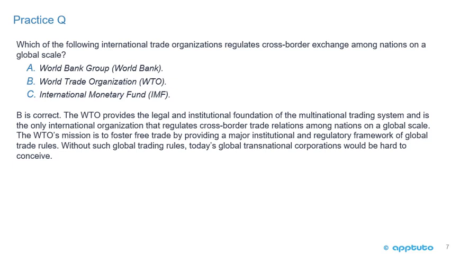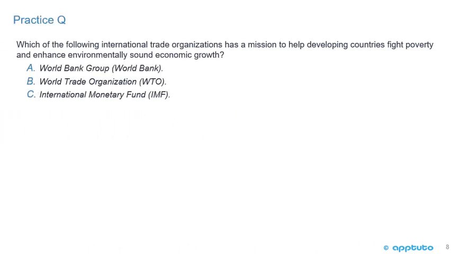So I think these questions are fairly easy. Again, you have to memorize the organizations and what their objectives are, and a question like this should then be fairly simple. These questions are really too easy, having just reviewed the materials. But you can see when you get to the exam, if you haven't reviewed something in a long time, sometimes it's hard to remember these factoids. But this should be easy.